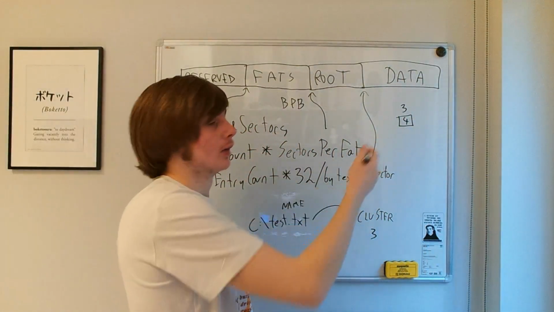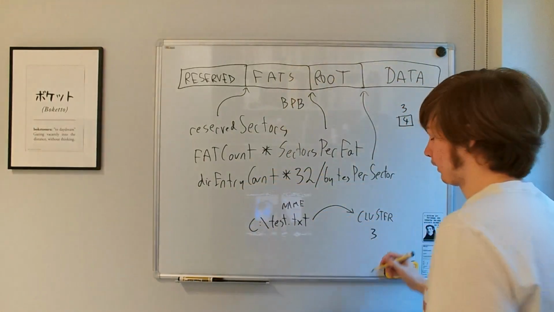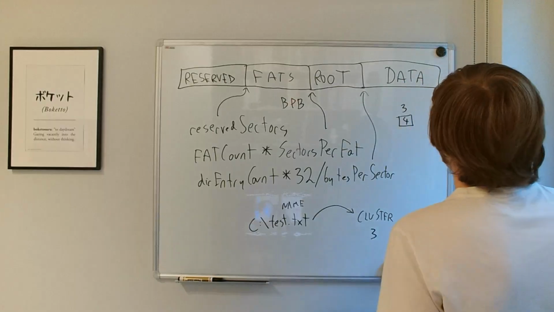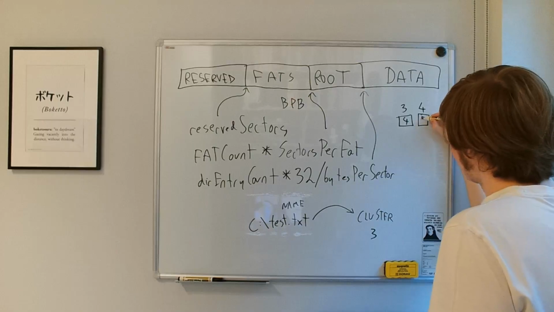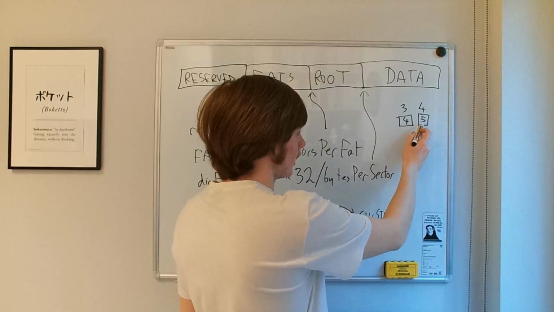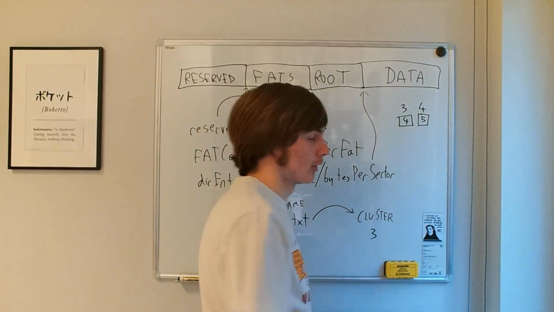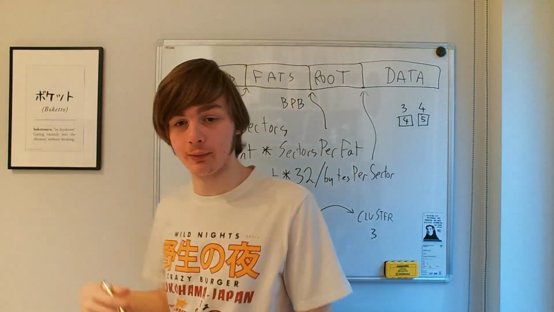And this means that the next cluster that you will have to read is 4. And in fact, if you want to get the next cluster to read, then you look at index 4, and it will tell you that it's going to be 5. And that's how the cluster chain is going to continue